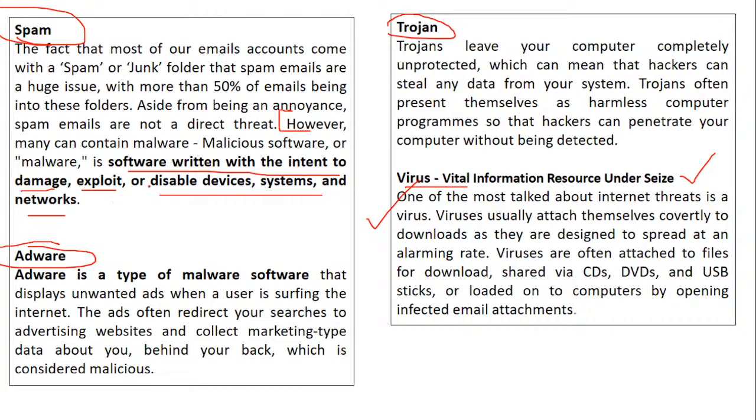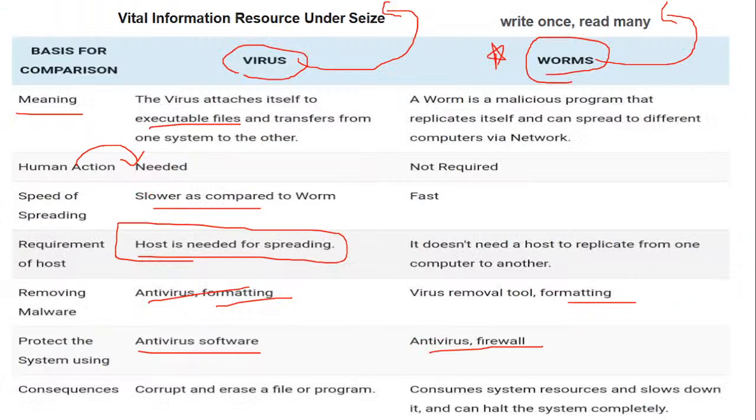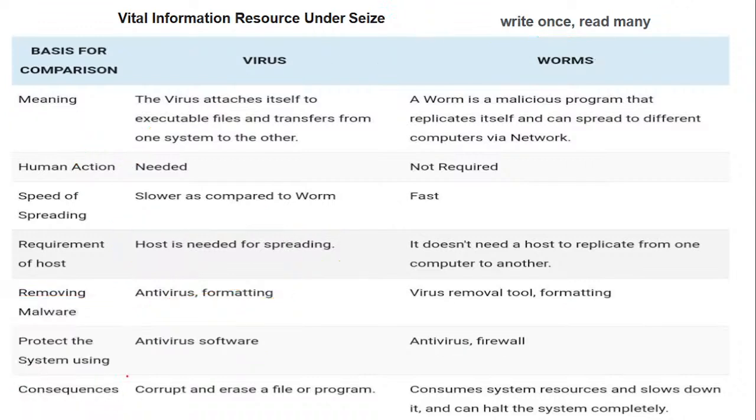One of the malware, as I said. Now the worm. It is a malicious program which does not require any type of execution. It is a program which replicates itself and can spread to different computers via network. So there is no human interface required in this. It can spread on its own. It can replicate from one computer